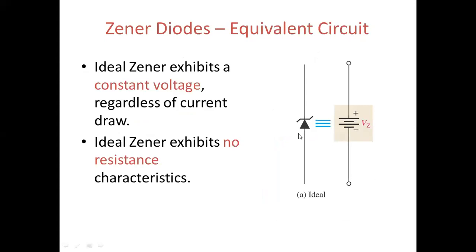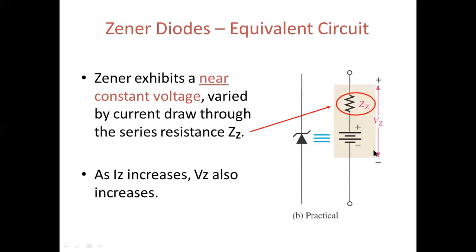So the equivalent circuit of that one, it acts as a voltage supply only. For the ideal case, an ideal Zener exhibits a constant voltage. Giving constant voltage, it is like a constant DC source. It is providing the voltage constantly. Then it will act as a voltage source only. For the ideal condition, this Zener diode is approximately equal to a constant DC supply, or voltage source, we can call that one.